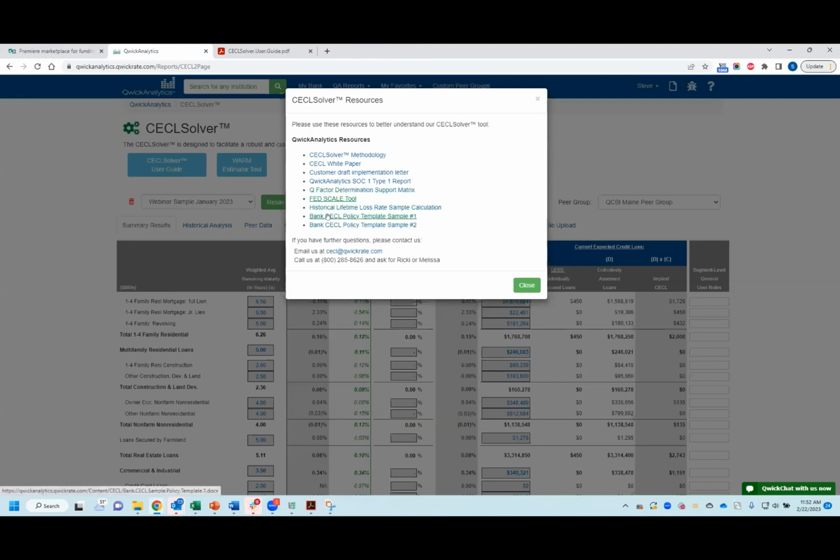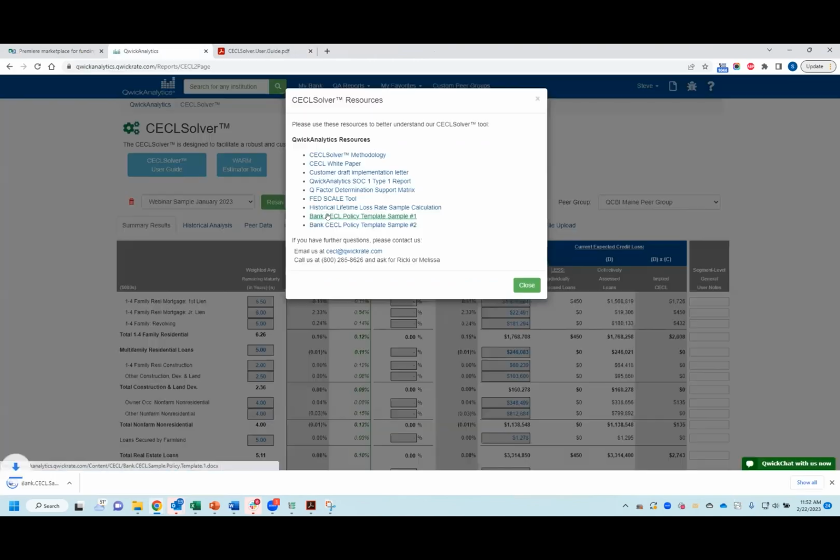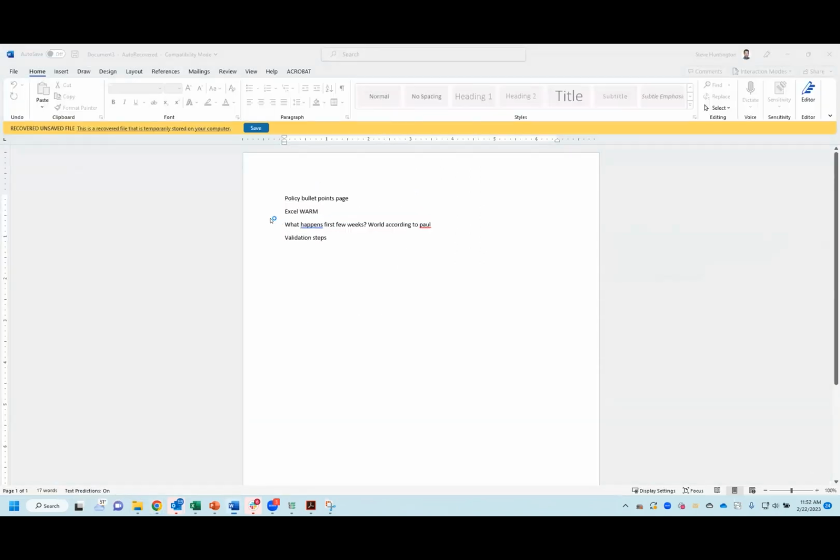Again, a couple of these policy templates. These are Word documents that we think will help you. If you haven't finished, if you're still working on rewriting that policy,